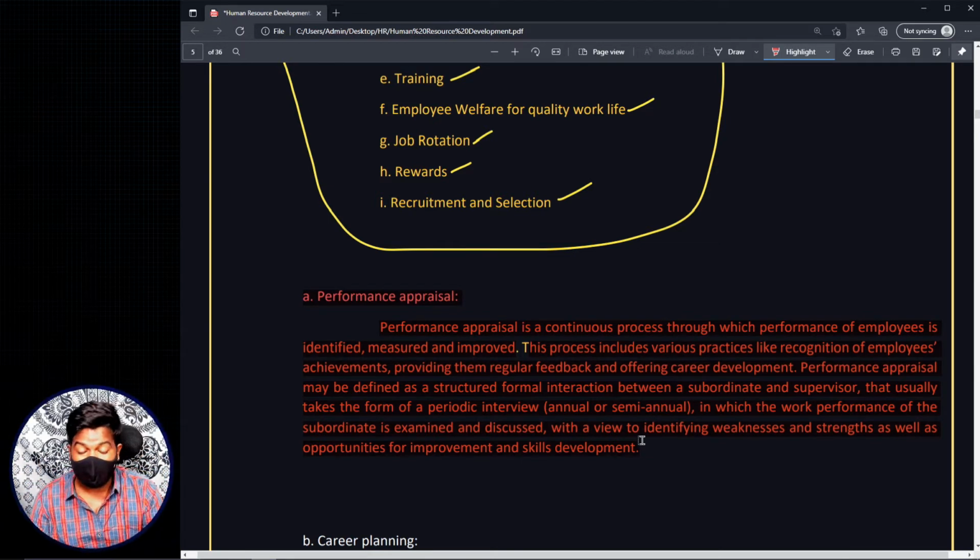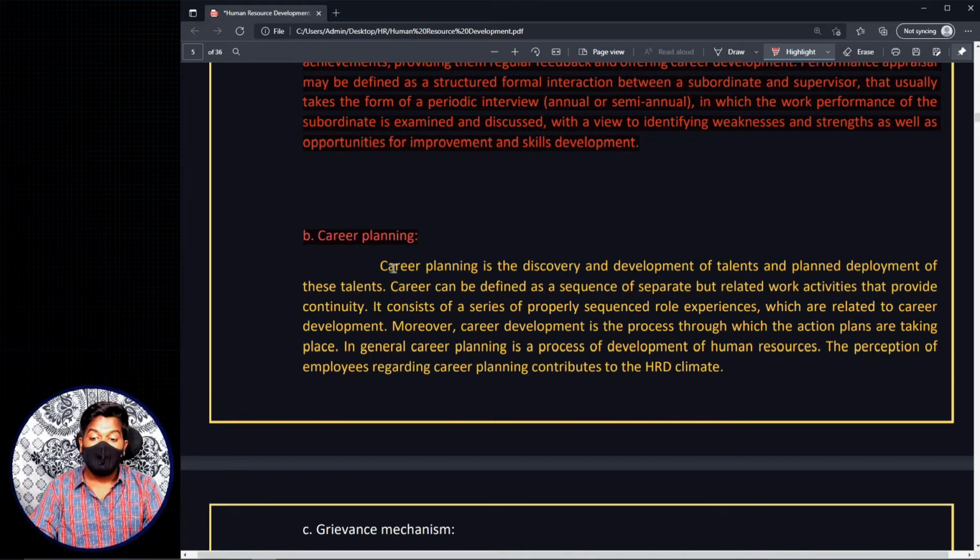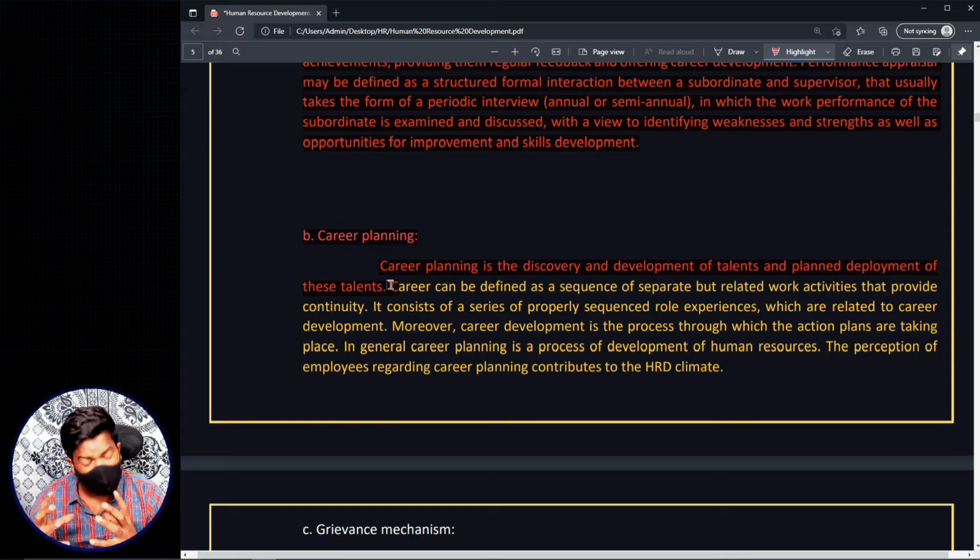Now the second HRD mechanism or HRD intervention that we are going to discuss is something called career planning. Now career planning is the discovery and development of talents and planned development of these talents. See, to give you a simple idea, career planning is nothing but planning related to the career of the individual. That means what generally happens in career planning is the individual's goals or objectives are identified, and the